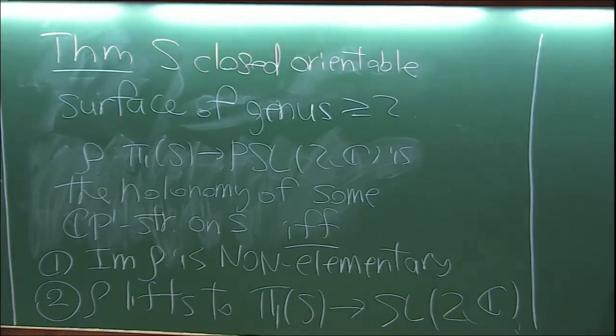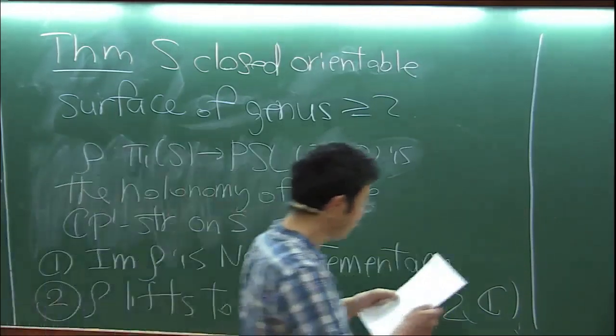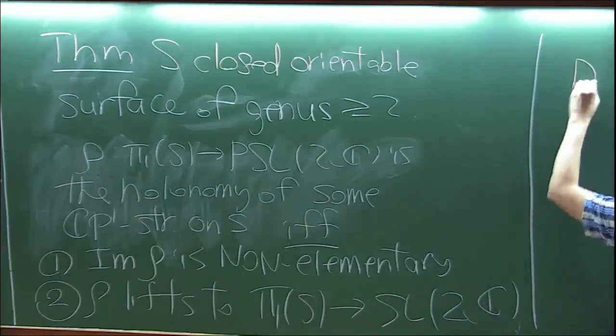And indeed, we saw one direction of the theorem, namely those two conditions are necessary conditions. And then in this lecture, we show that those two conditions are sufficient conditions, meaning that given a homomorphism of this type, we can construct some CP1 structures on the surface with this holonomy representation. Okay? So let us recall